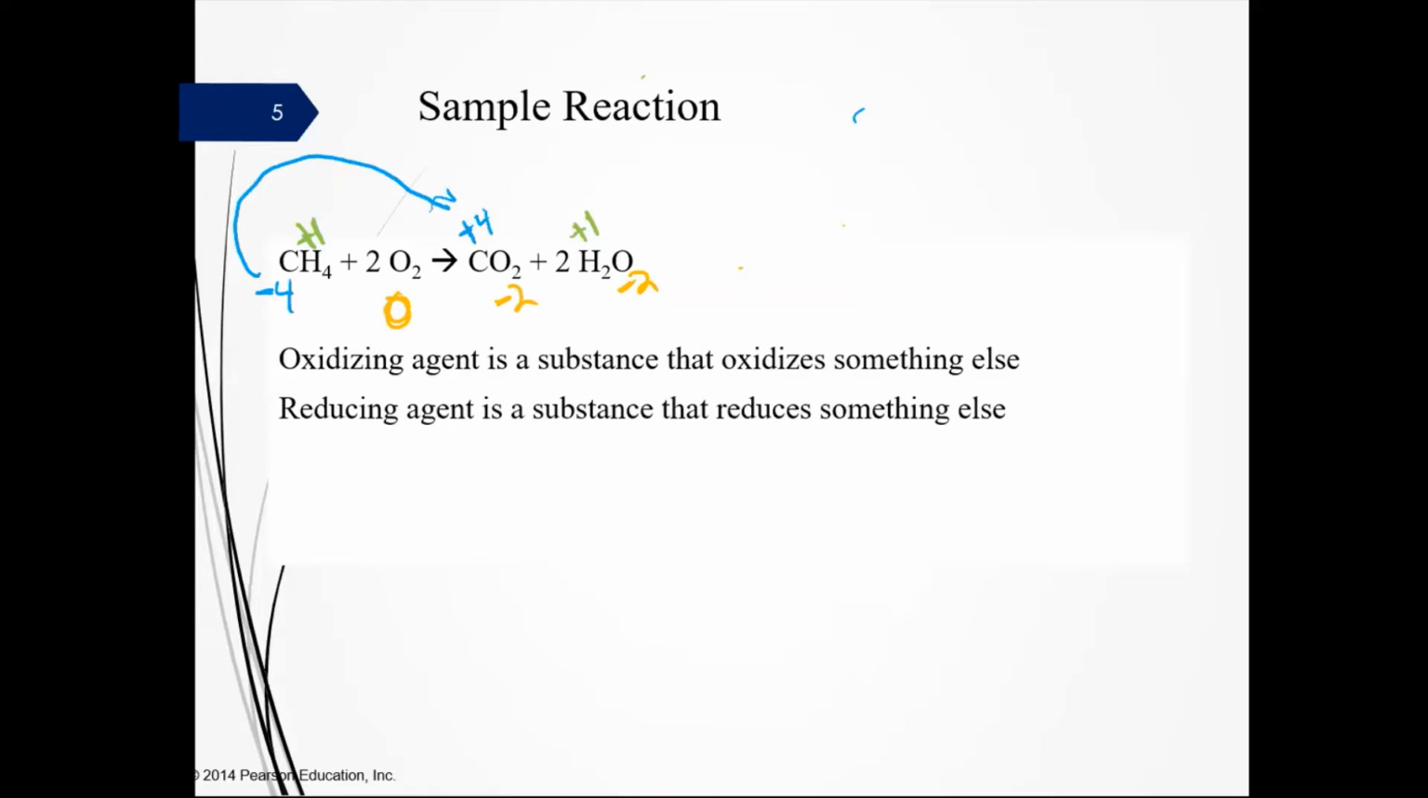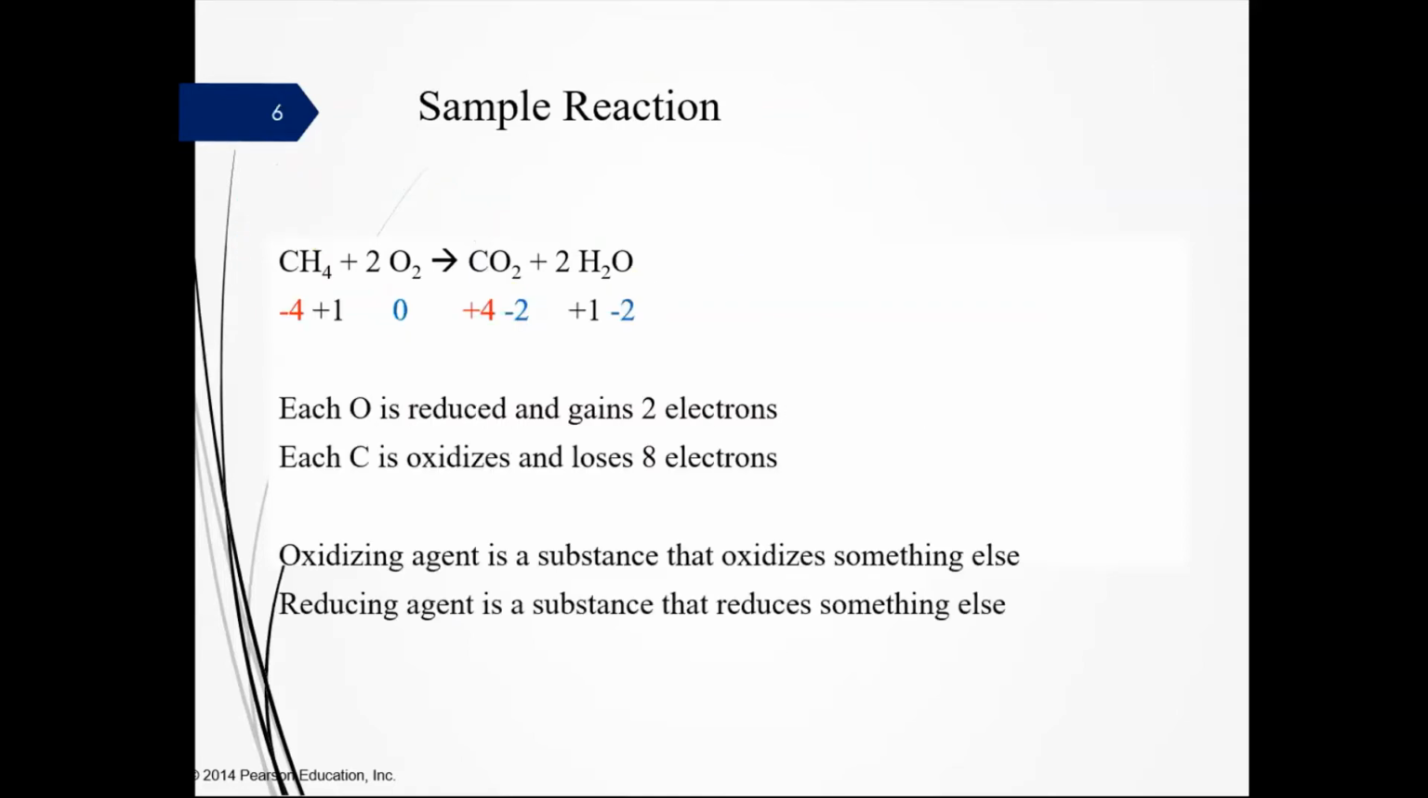On the other side, our oxygen, it's changed. It's gone from 0 to a -2. So that means that our oxygen is reducing in its oxidation number, so it must be gaining electrons. And so if we look at this, each oxygen is reduced and gains 2 electrons. Each carbon is oxidized and loses 8 electrons total. And so if we have 4 oxygens going through that process with each one gaining 2, we gain a total